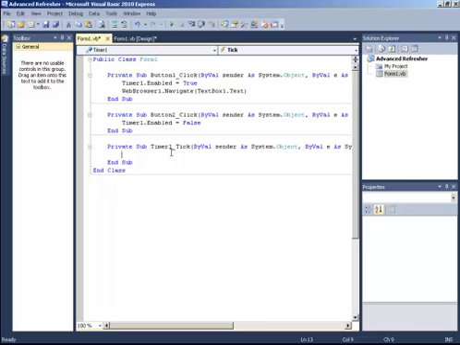Alright, so let's get to the if statements. If checkbox 1 dot checked, then, and you'll get an end if at the bottom of it. So if checkbox 1 dot checked, then